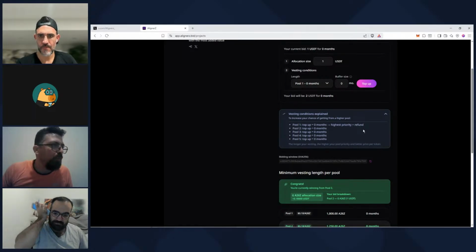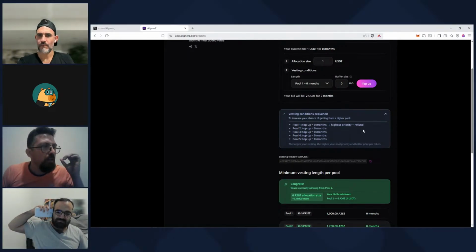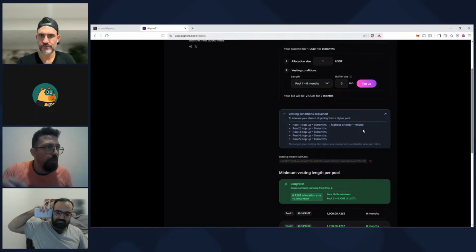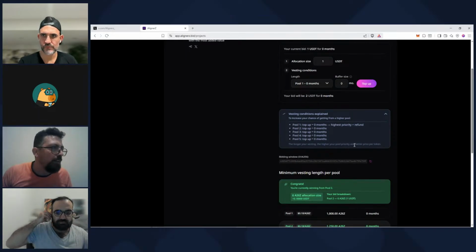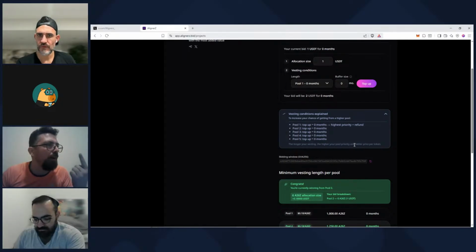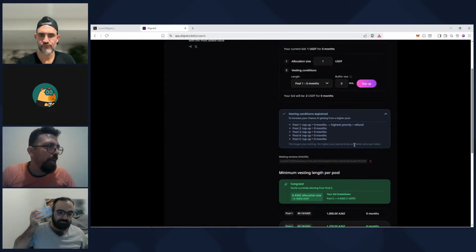I don't have to add any vesting length. Even with 0 months vesting, I can get right now into this pool and all of these pools because they are not filled yet. I bid only $1 and nobody else has bid yet.